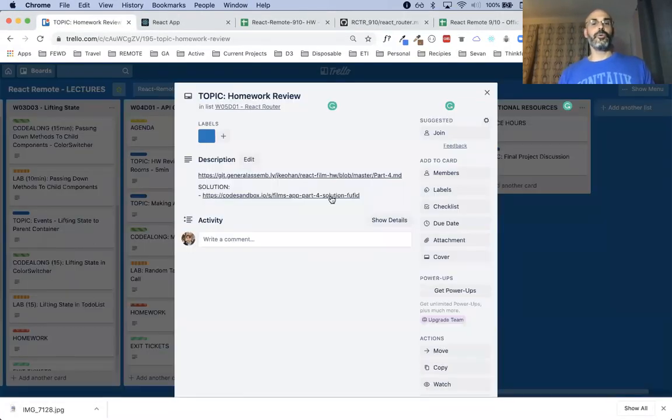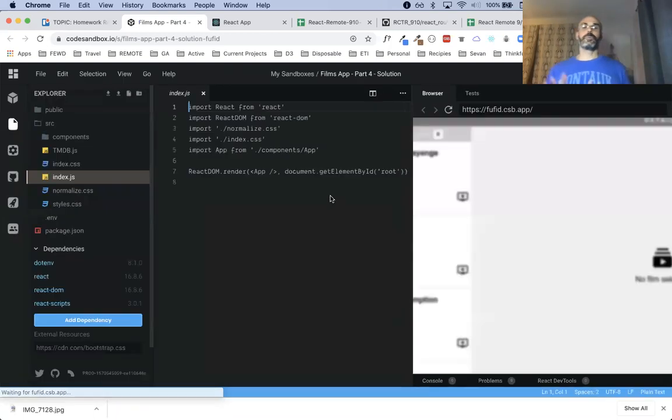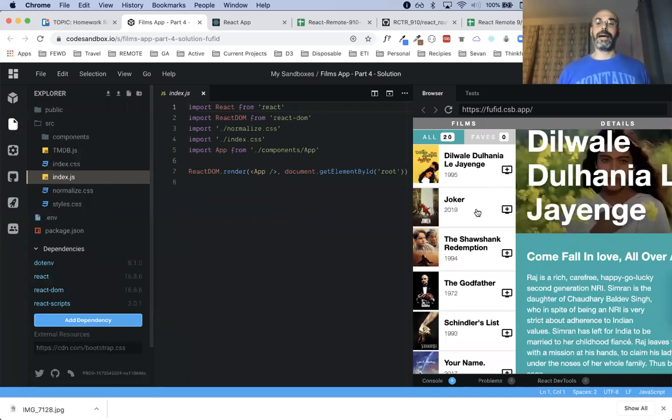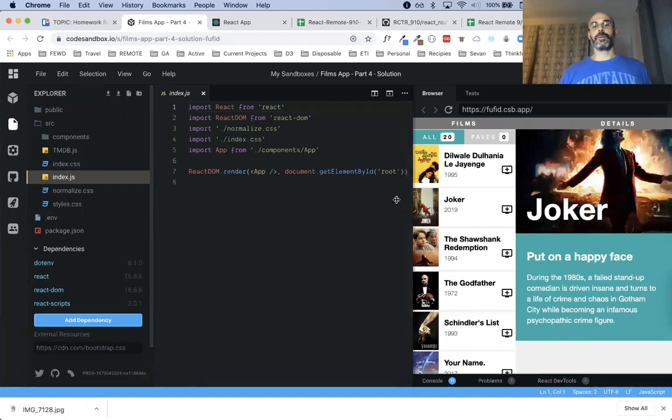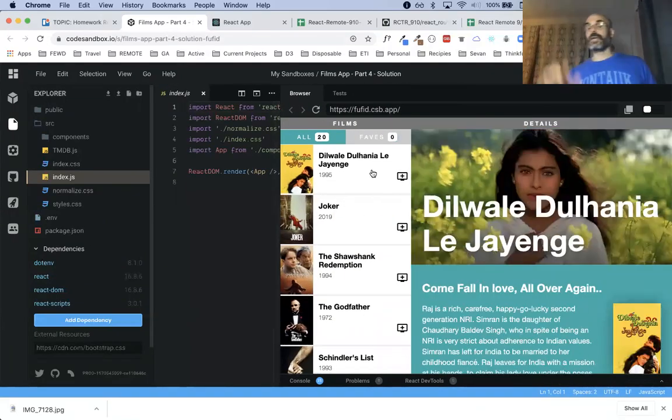Homework review. Just go over this. I don't want to spend too much time. There wasn't a lot to get done with this particular homework. There was just a few things. I introduced just 1 or 2 new things in order to do it. One was the env file, and then the other was just making this other API call. And so that's what we wanted to do. We wanted to be able to click on each one of these and make another API call.